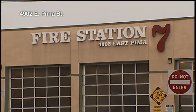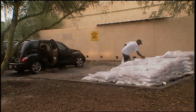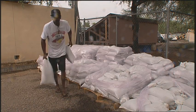The more rain that came down on Station 7, the more residents seemed to appear at the west end of the station. I heard that they were giving away sandbags here at fire station 7, so we decided to come and get 10 sandbags so that we could prevent anybody from falling in the water out front of